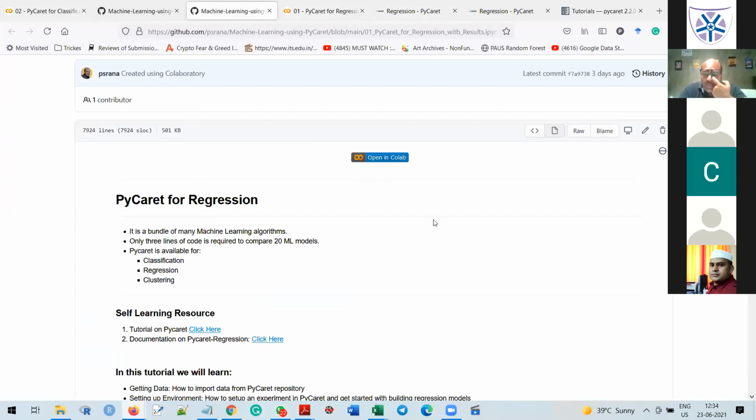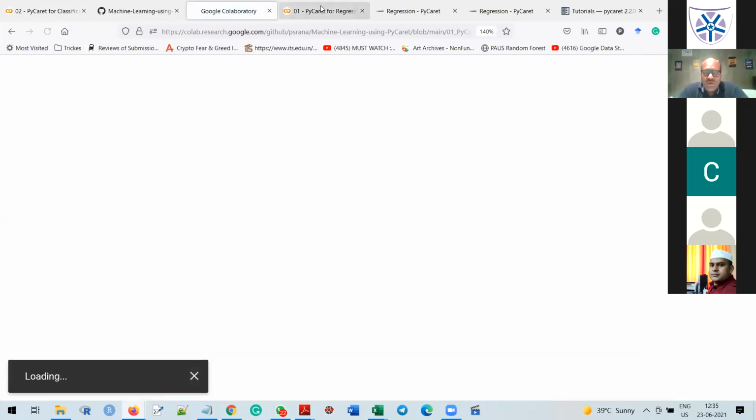So that is the beauty: now you can tell the participants to just click on this button, open in Google Colab, and this particular notebook will automatically open in Google Colab. Now move forward.